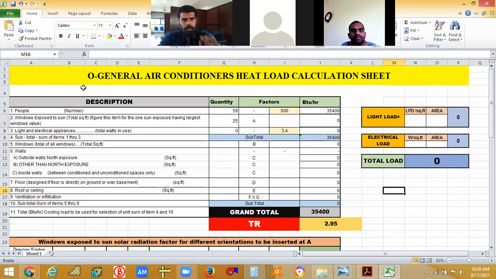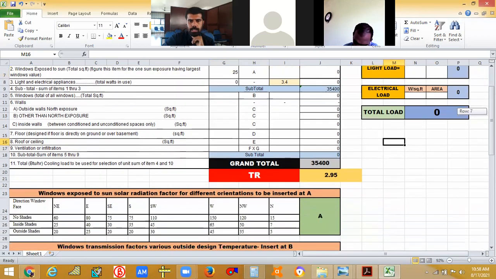Okay, so they have asked for square feet. And what you have to do is, when you are given this 25, you have to multiply it with a factor known as A. It is already given here. So from there you will be getting this A value. You will be getting the A value from down here. Just see here.